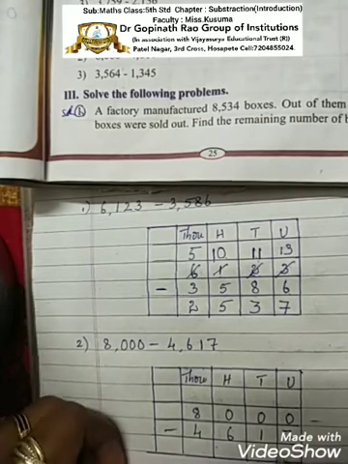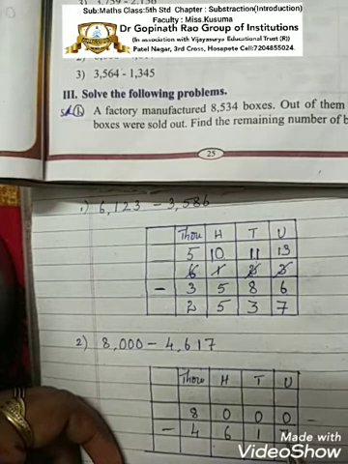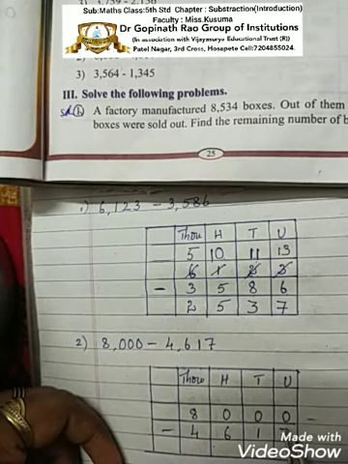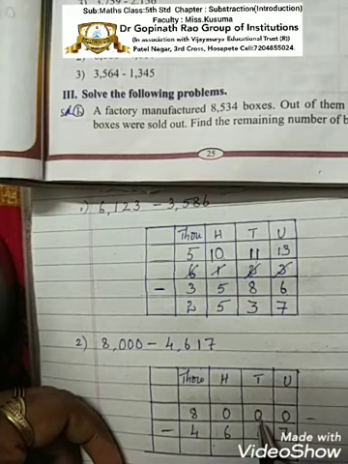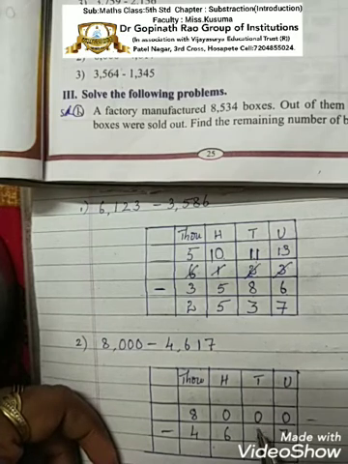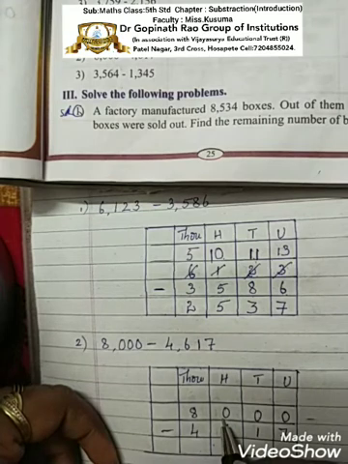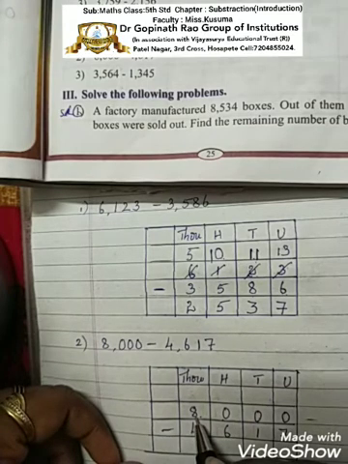Now we can subtract. See, we can't do 0 minus 7, we can't subtract 7 from 0, isn't it? Therefore what we have to do, we have to take borrow from the next number. But here the next number is again 0. We can't take borrow from 0. Again the next number is 0, we can't take borrow here also. So go for the next number. Here we have 8, we can take borrow, isn't it?